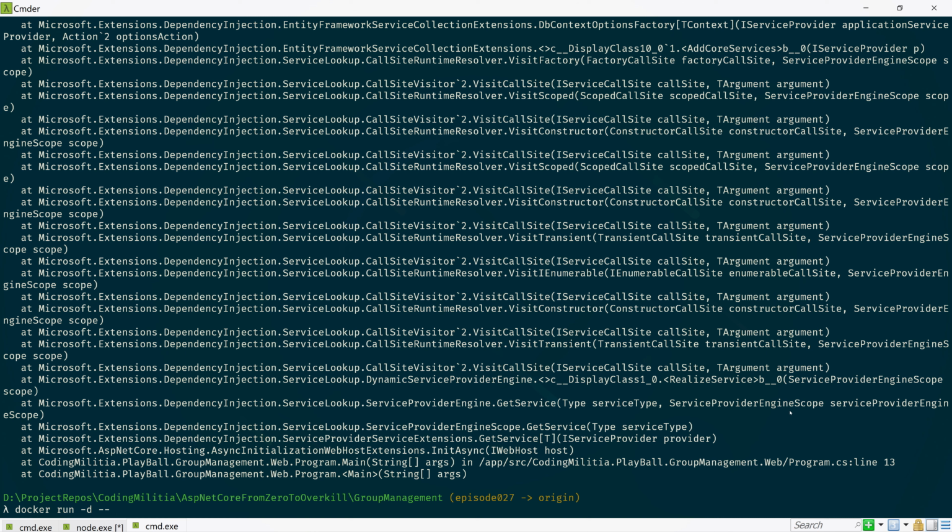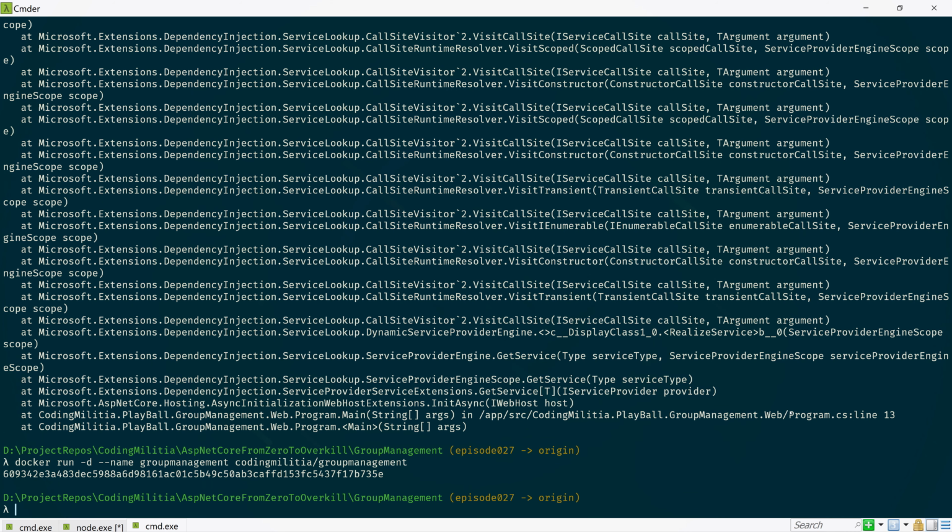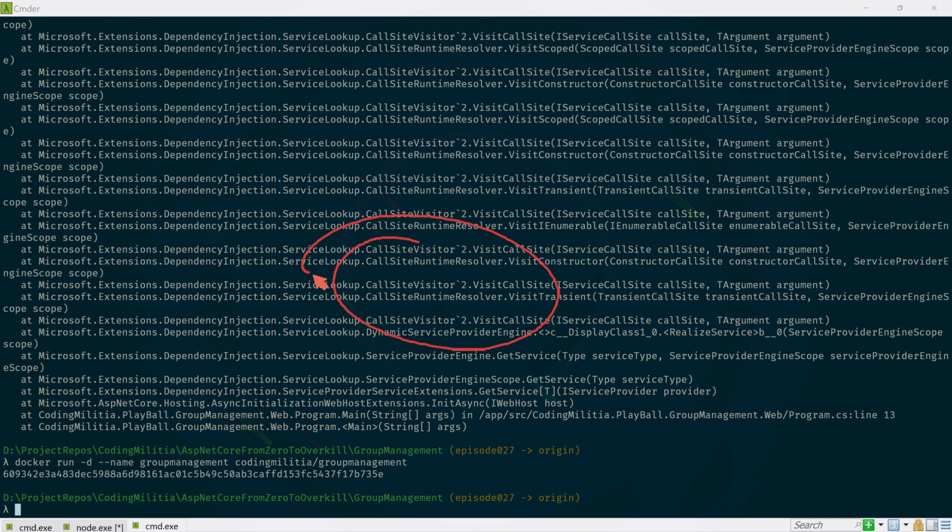The name group management, and the container will be militia group management. Okay, so instead of showing me the logs, which is what this is, it just gave me the